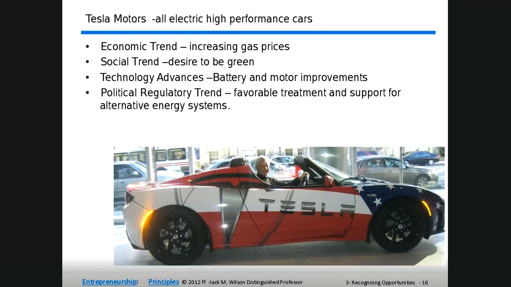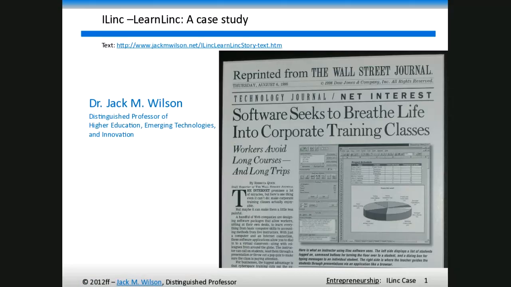I don't know if there are any other questions, but I'm going to go over and just tell you a little bit about iLink, the company that I founded, which also happens to be a pretty good example, which will almost create a spine that we can hang a lot of the things that we're going to be learning on. It's a nice little case study that just happens to have a lot of the things that we'll be talking about over the next few weeks. So we'll be able to come back and have a look at this.